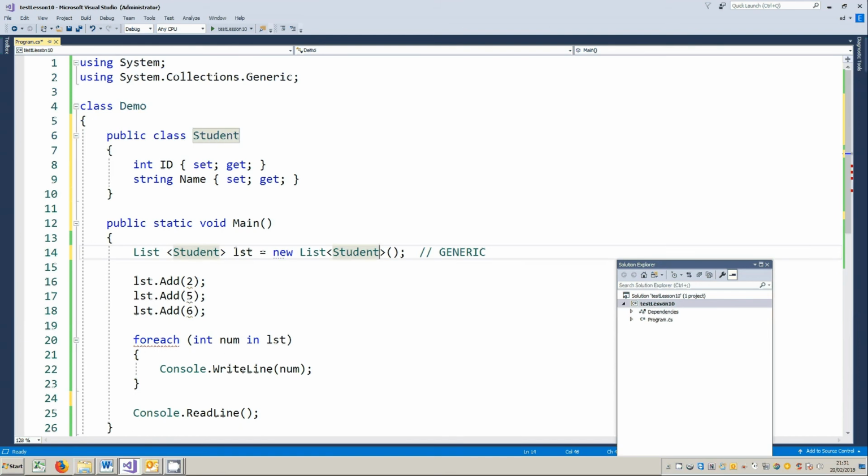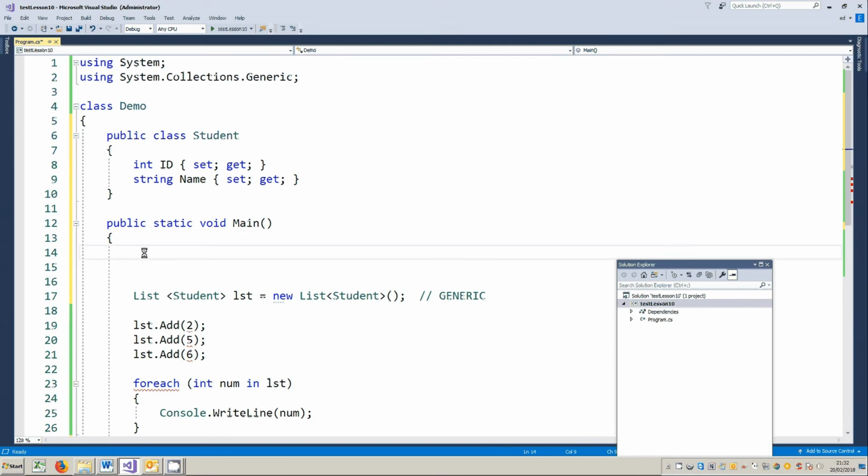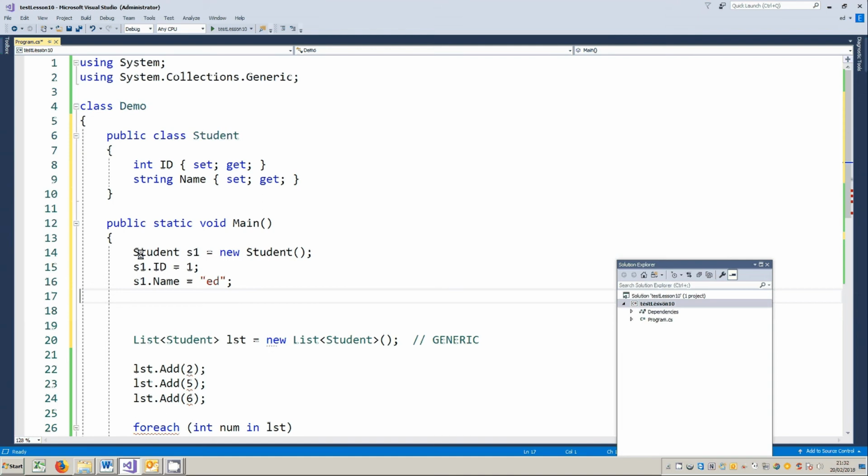So we need to create some of these objects, which we can do in the classical way. Create a new S1, and then I noticed that it's complaining here that it's inaccessible due to protection levels, so I've actually forgotten to make these public. Now that's rather an old-fashioned way of